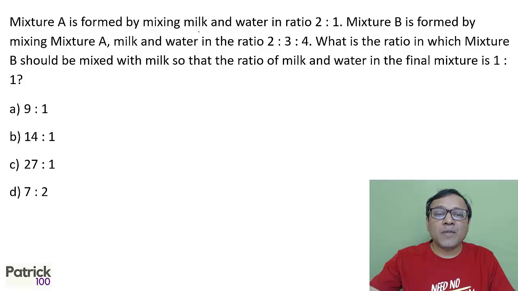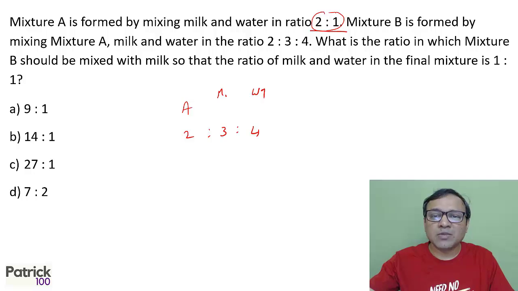So mixture A is formed by mixing milk and water in a ratio 2:1. Mixture B is formed by mixing mixture A, milk, and water in a ratio 2:3:4. Now if you look at mixture A, 2:1, the total is a multiple of 3. So just for ease of calculation, I'll make mixture A a multiple of 3 by multiplying by 3. So you get